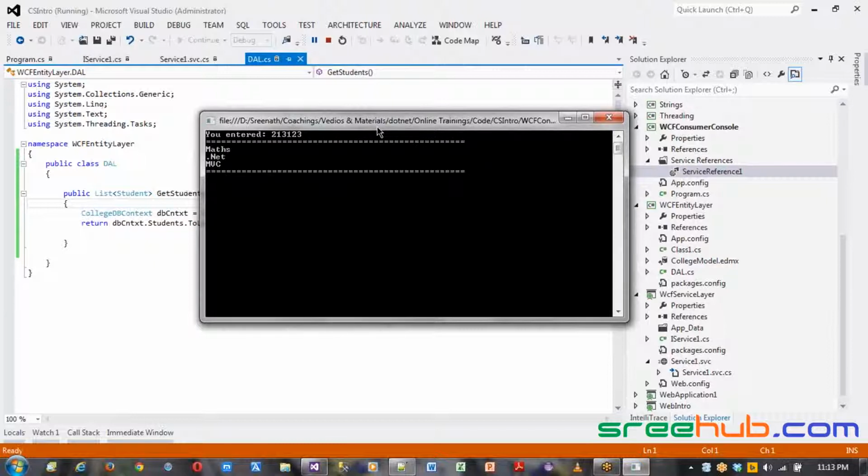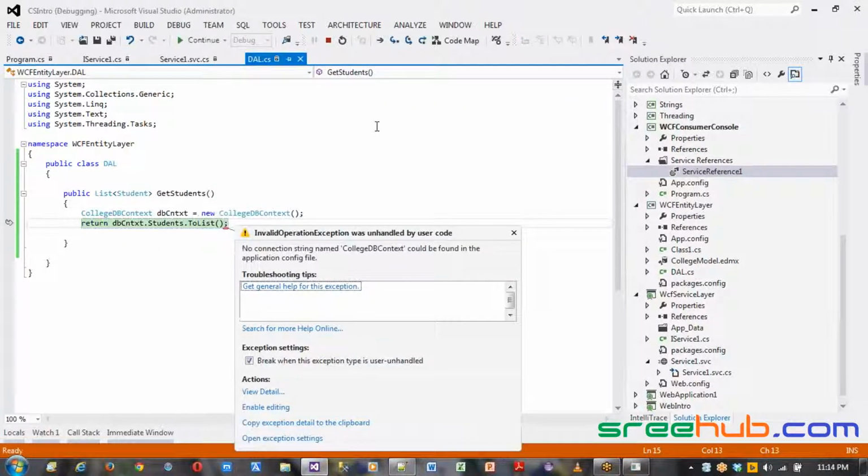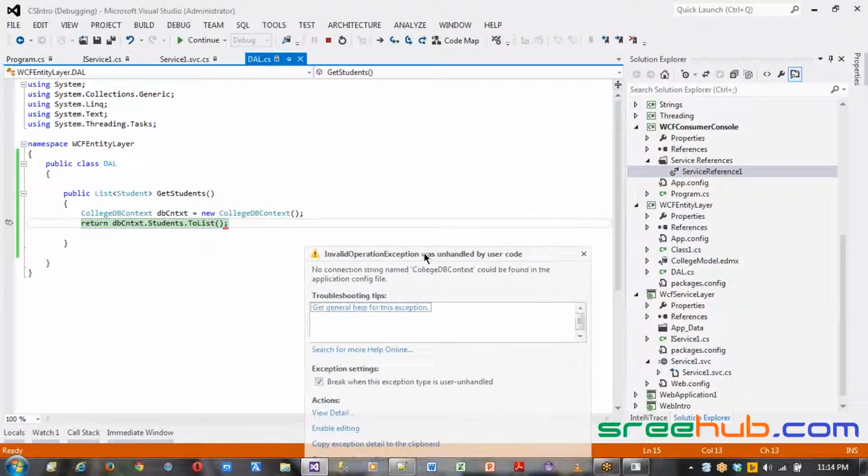Now you can see we got a service. Now it is talking to the database, right? So the database has to get the data and print. Oh, now good. We got this. You can see, if you remember, when you are using any library in some other project,